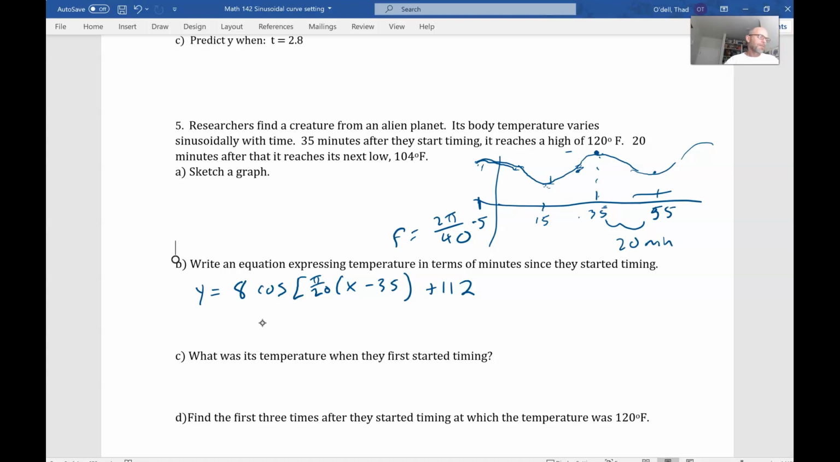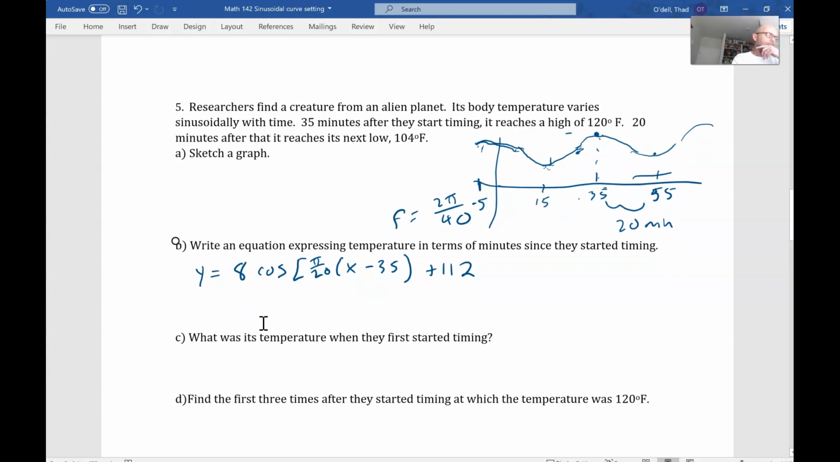Okay. So now, what was its temperature when they first started timing? That's an interesting question. So when they first started timing, that would be right about here in my graph. So the way I'd find that, that's at time equals 0, isn't it? So I would just go y equals 8 times cosine of pi over 20 times x minus 35. Whoops, not x minus 35. I put 0 in for x, so that would be -35